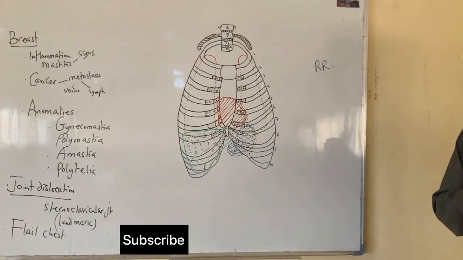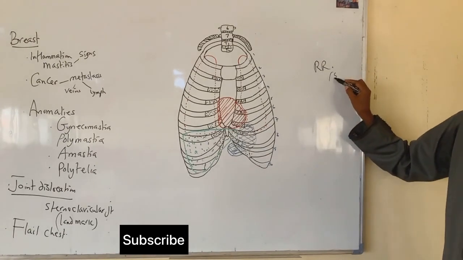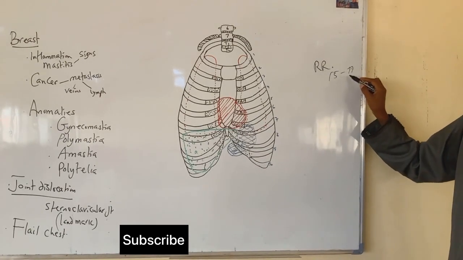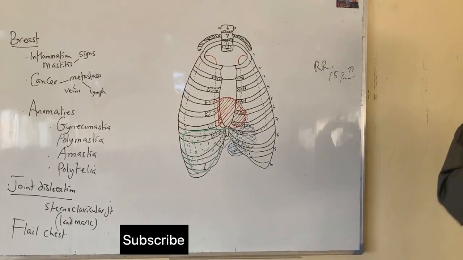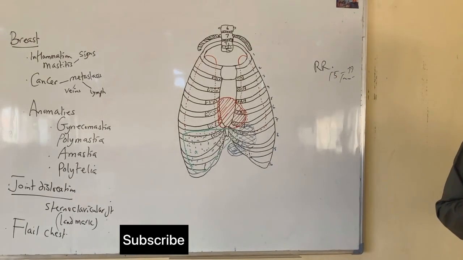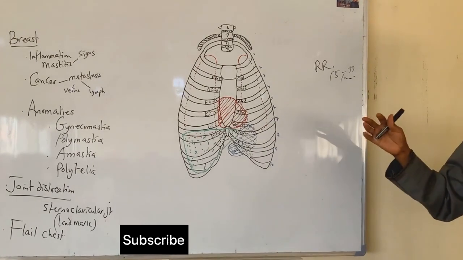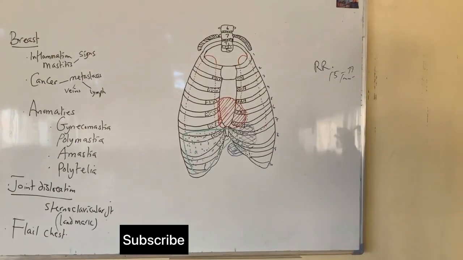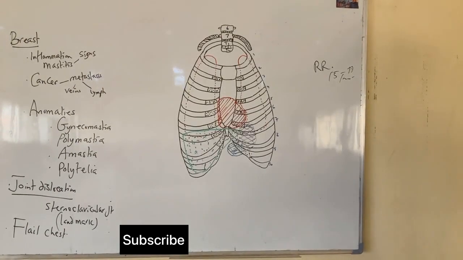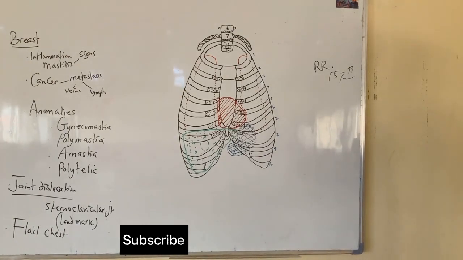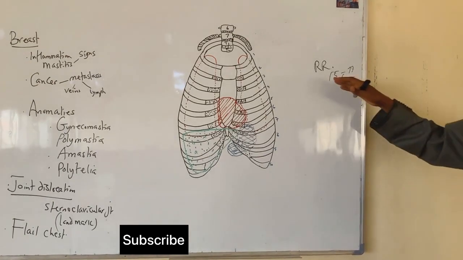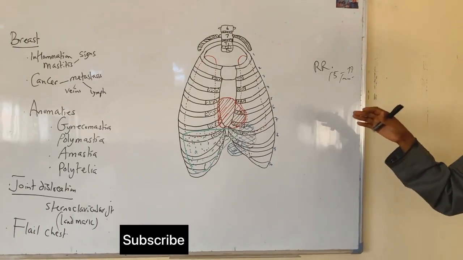This respiratory rate is just about 15 to 18 per minute. So that means you will see that the chest expands and relaxes. That is one cycle. So you count 1, 2, 3, up to 15 to 18 per minute in a normal adult. But in children, it's more than that. You get my point. So when you see that in an adult, this respiratory rate is more than this 15 to 20,